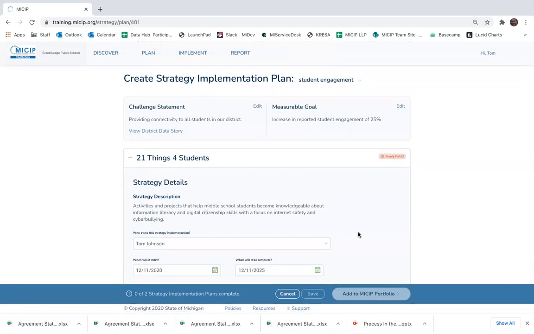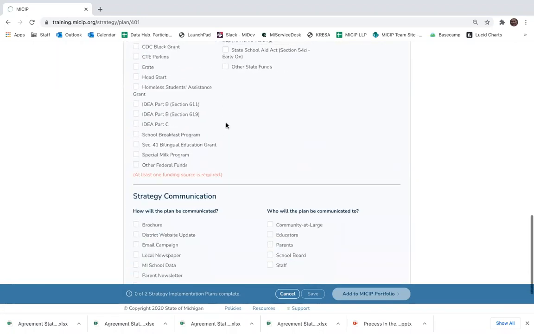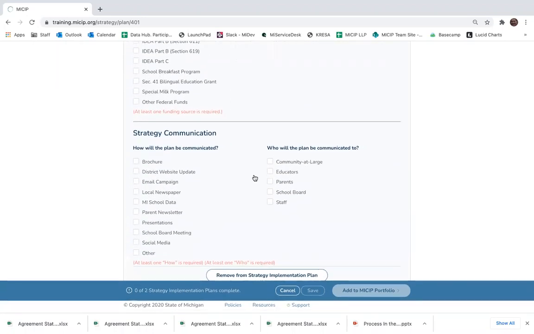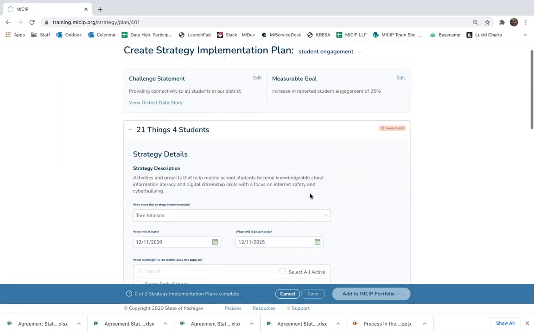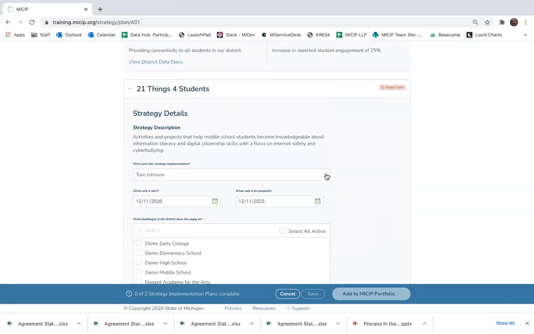So we've set our goal based on our needs. Now we have 2 strategies, 21 Things for students, and if I scroll down, did I go by it? I think I did. And the code.org. So I'm going to go through, and you can see it says we have empty fields. The first thing we do is we identify a